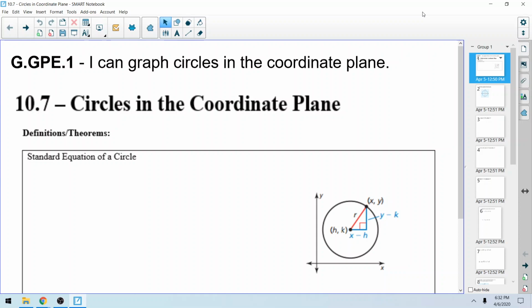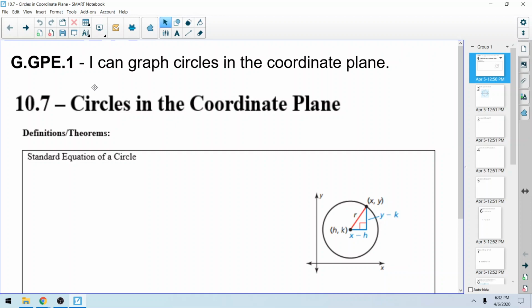Okay, everybody, 10.7 circles in the coordinate plane. Now, if you notice the top of our notes here, we are officially changing standards to G.GPE.1. So our first standard is G.C.2. That will be the first, I think it's 9 or 10 questions of your test. And then the last 5 questions or so are going to be on this standard, whereas you can graph circles